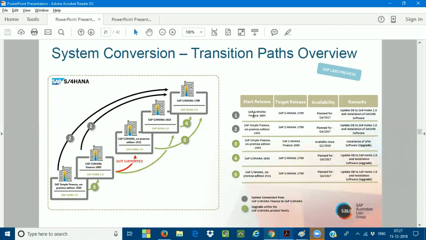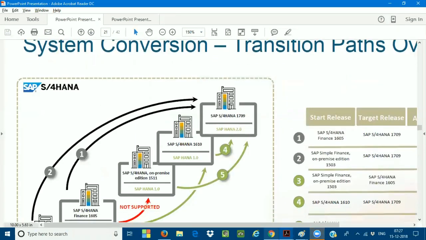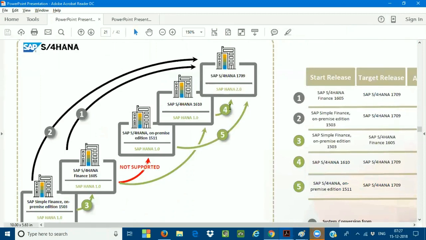This is what exactly I want to discuss with all of you today. I just want to enlarge it to 150%. See, I take a customer who is on the SAP Simple Finance add-on. And one more thing I want to tell you,